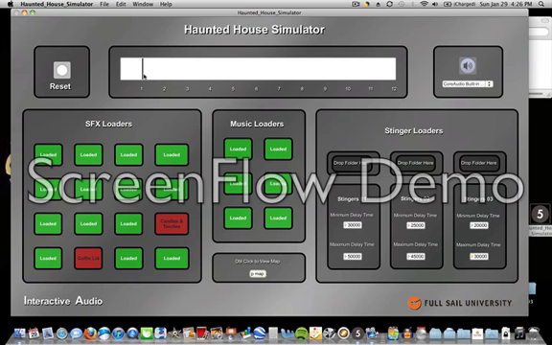For the wind stingers, I took one recording of a wind sound, and then I made 5 different versions of it using pitch shifting and time stretching, and a combination of high and low pass filters to make each wind sound different. Then for the thunder stingers, I took one bass thunder sound, and